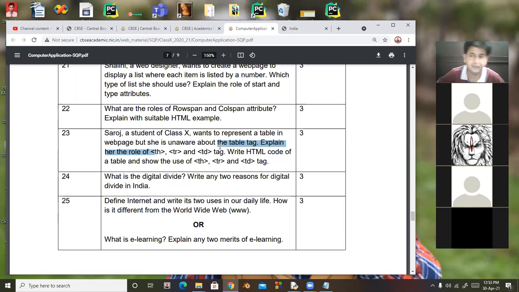The TR tag stands for table row, and it is used to insert a new row, and it is a container tag. The TD tag stands for table data, and in this the data is left aligned, and it is not in bold format, and again it is a container tag.